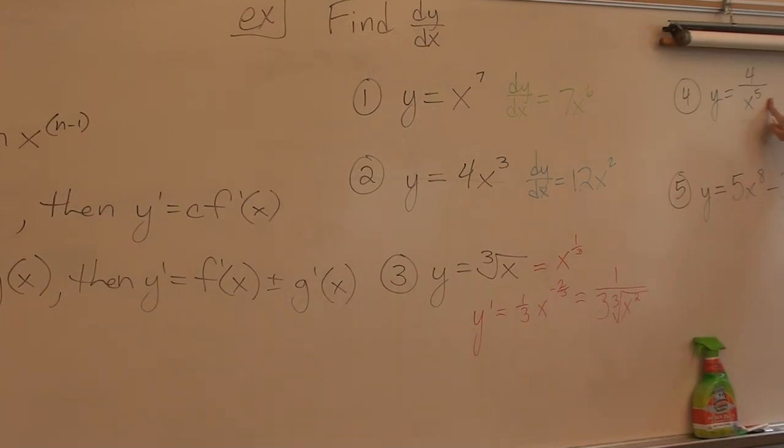Alright, if you thought that the derivative of 4 over x to the 5th is 4 over 5x to the 4th, you're done. That was a really good try, but do you think it's correct? No, because of the tone of my voice, right? Okay. Yeah. No, it's not. Because if I rewrote this as x to a power, I would have 4x to what? The negative 5th. So my dy dx that I know is correct gives me what for an answer? Negative